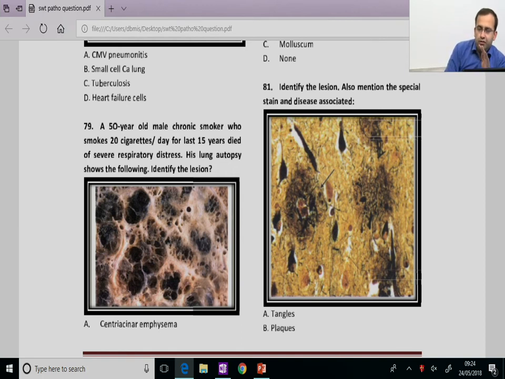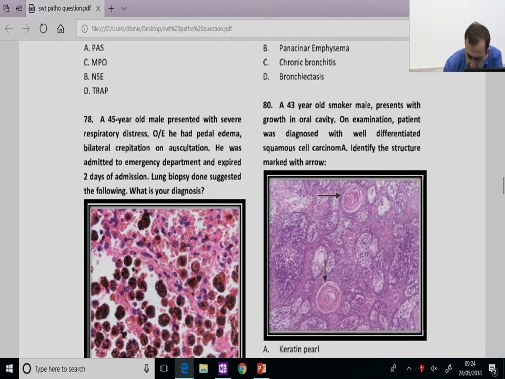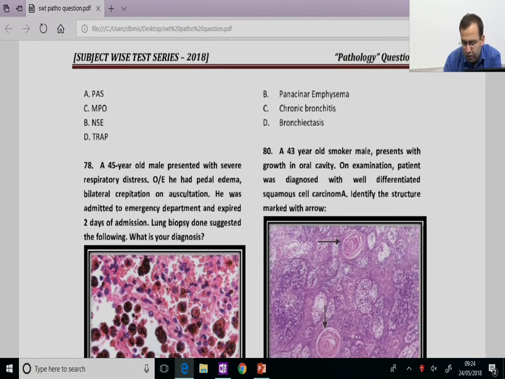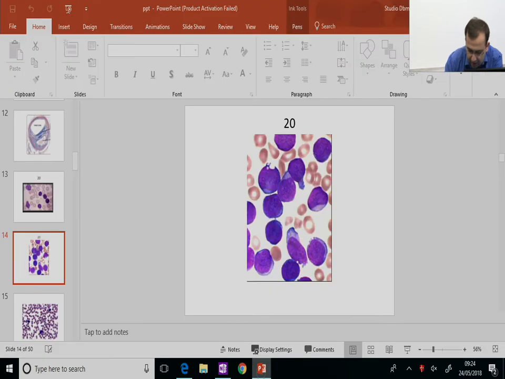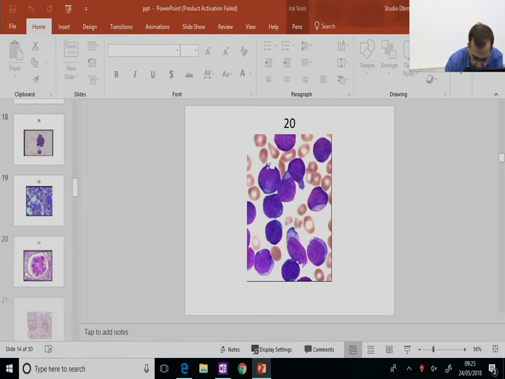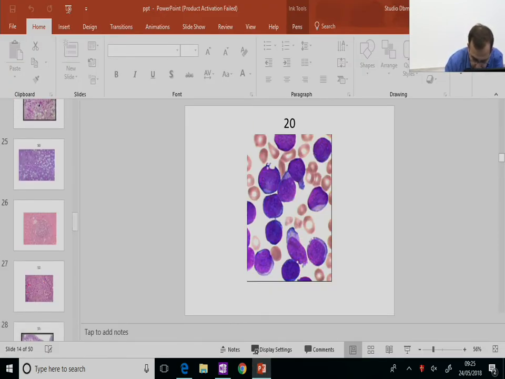Which type? Yesterday we saw the 4 types of emphysema: centriacinar, panacinar, paraseptal and irregular. Which is the one which has the strongest association with smoking? Centriacinar emphysema. Now let us have a look at other options. Panacinar, chronic bronchitis, bronchiectasis. No, this is centriacinar emphysema. Next point. Before we go further,